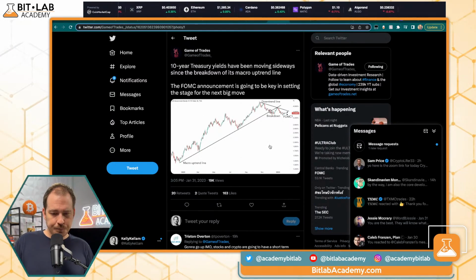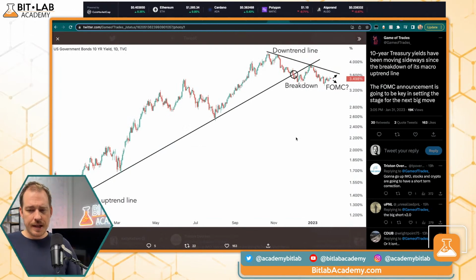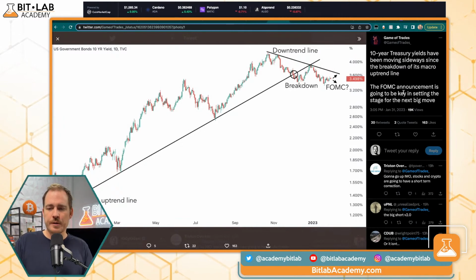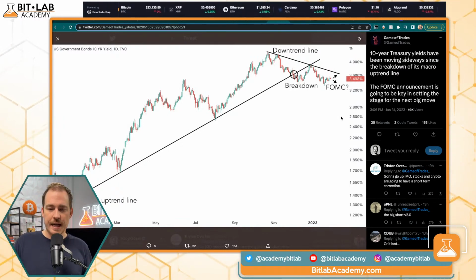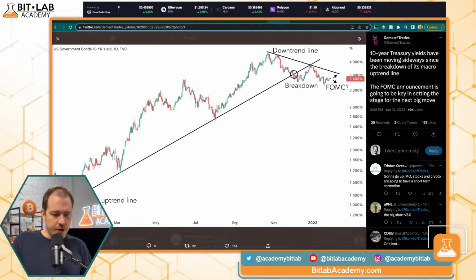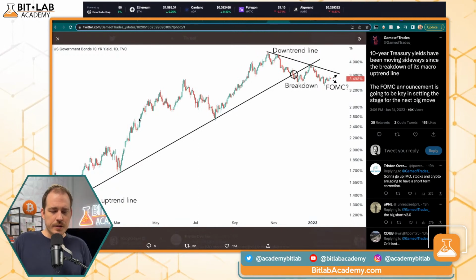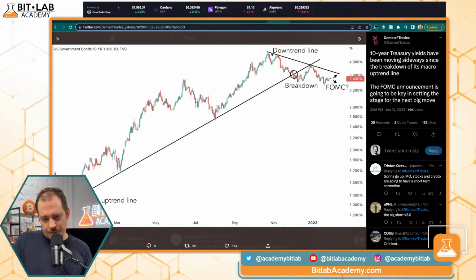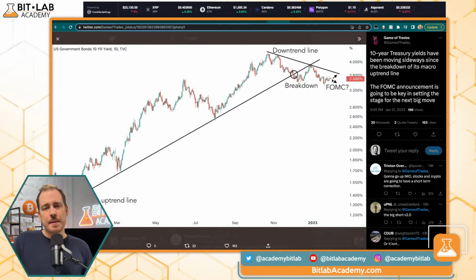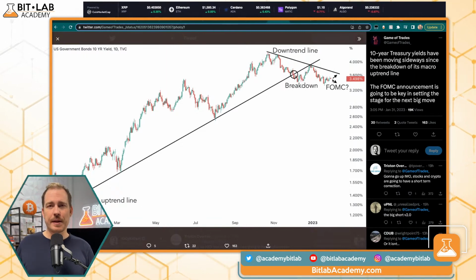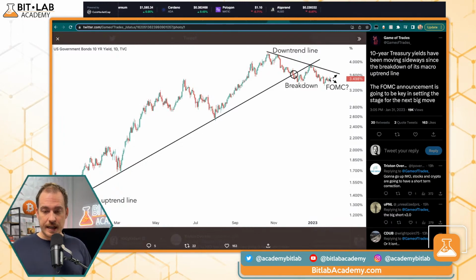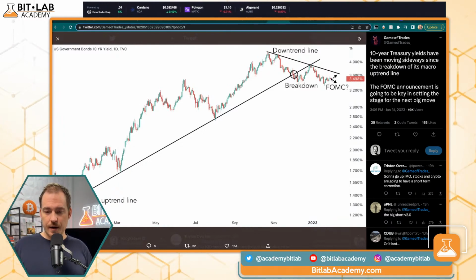Now we can also see right here where we're at with the 10-year treasury yields have been moving sideways since the breakdown of its macro uptrend. The FOMC announcement is going to be key in setting the stage for the next big move. And we see all these major trend lines here. This goes all the way back to the beginning of 2022, and we bounced along this all the way, and we've got this downtrend. And this is, regardless of pattern trading, being aware of the grander context of what's happening in the markets, what's happening in the economy, can let you know, although this looks like it could push up, whether you're going to reject or not here,